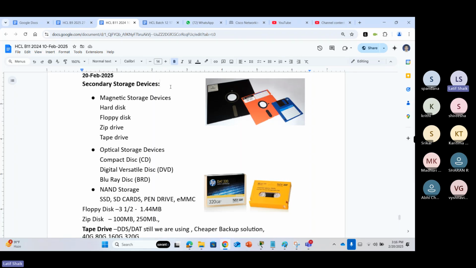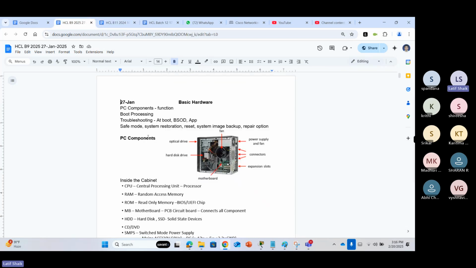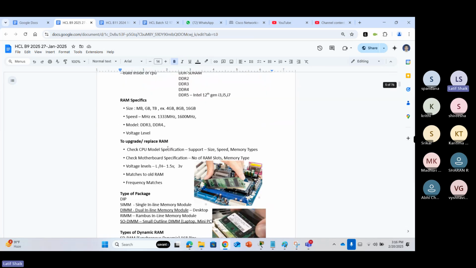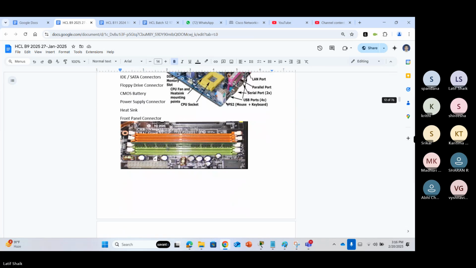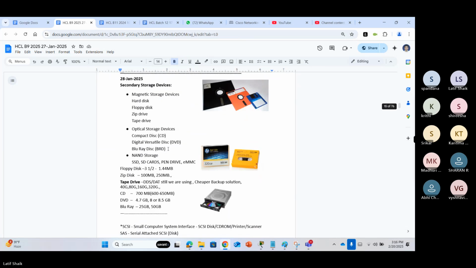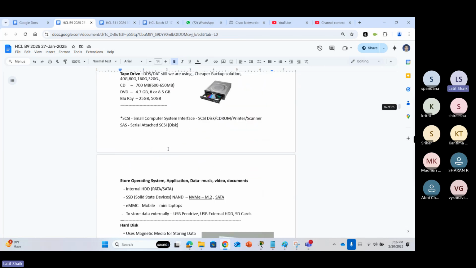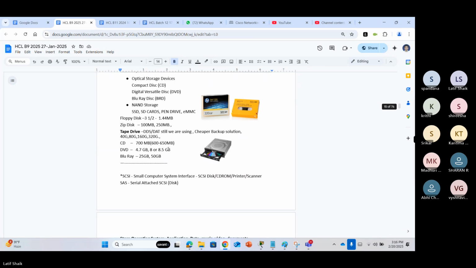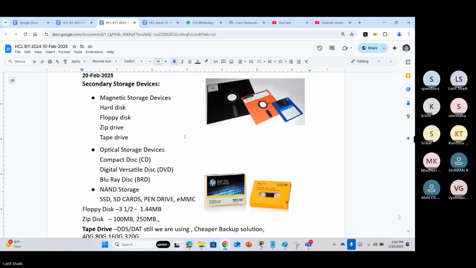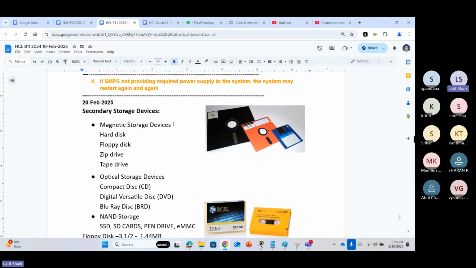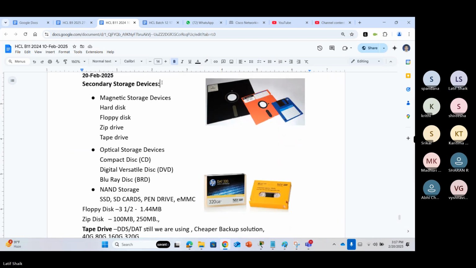These are all NAND type of storage devices. I think in a new updated document, I added an extra one also. Nothing, no extra. Only the CD-ROM picture. Same. Okay. Next